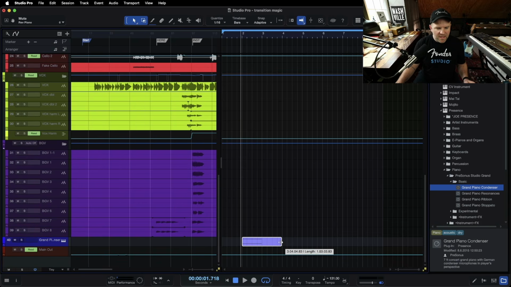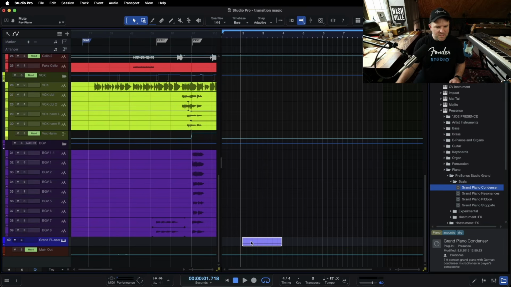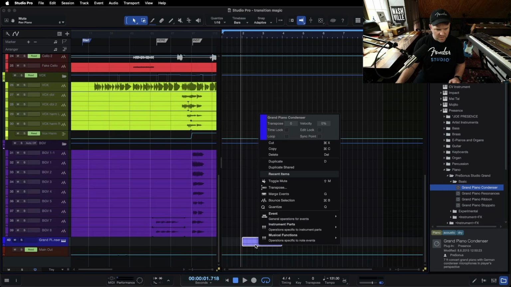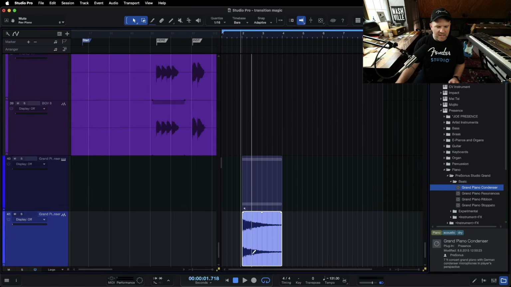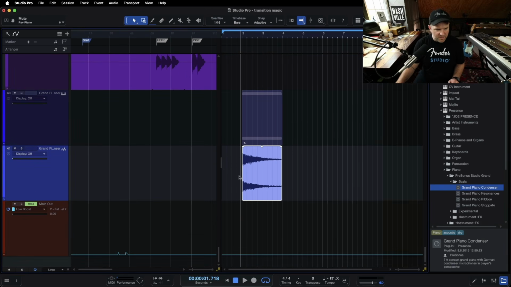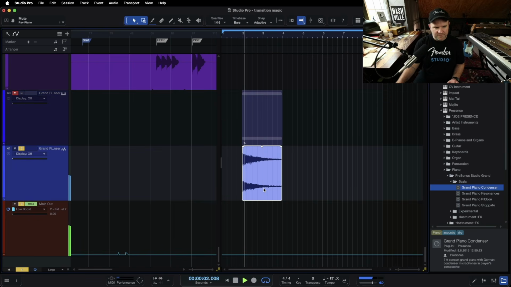Preferably, I'd say make it at least 2 measures long, because then you can always trim it up once we've done the reverse. So we just had it 1 measure here. Let's make it 2. Cool. Now all we got to do is select this section and just hit Command B. And it's going to bounce that down, B for bounce, into an audio file that we can see now. So this has been muted. We're not using it. So this is what we got.